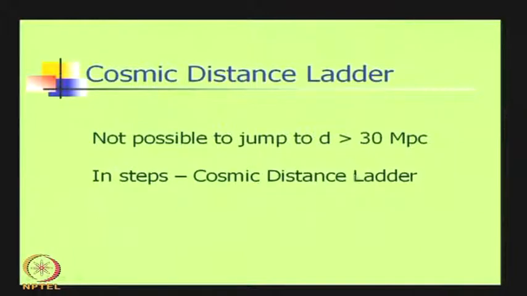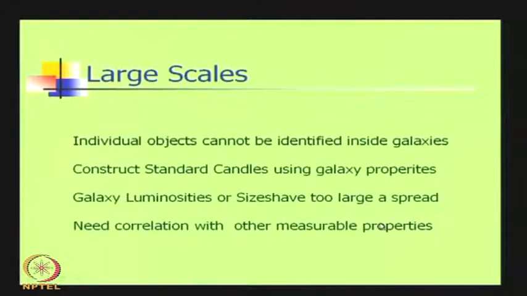So, we have to now determine distances beyond 30 megaparsec, that is the basic problem, and it is not possible to directly jump to 30 megaparsecs because you can't see Cepheids there. So, you do not know how to do it. Okay. So, you have to again extend your ladder, put various steps in between which overlap. So, let us go through this. We will now start the discussion from the larger scales, other way around, and work back to the place where you can use Cepheid variables.